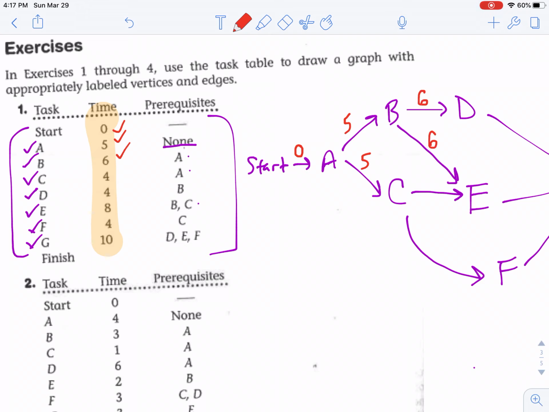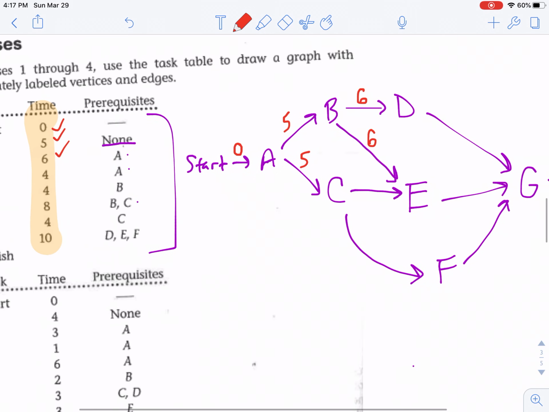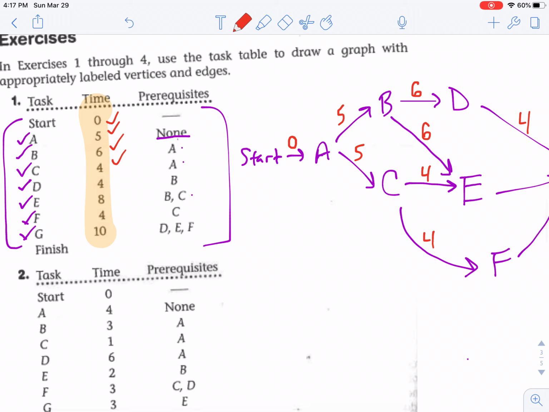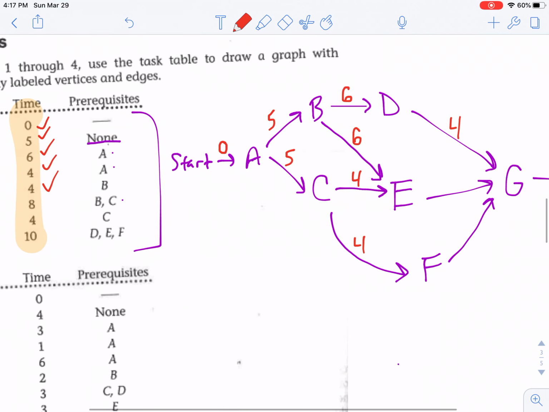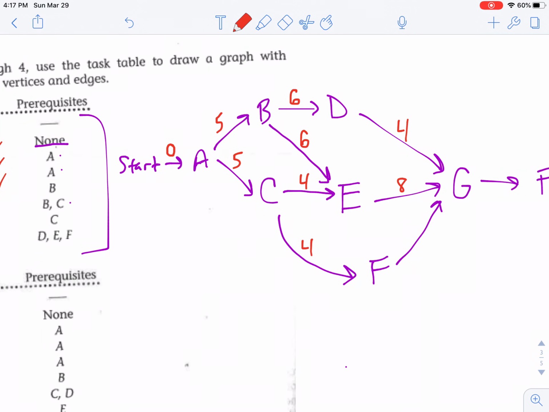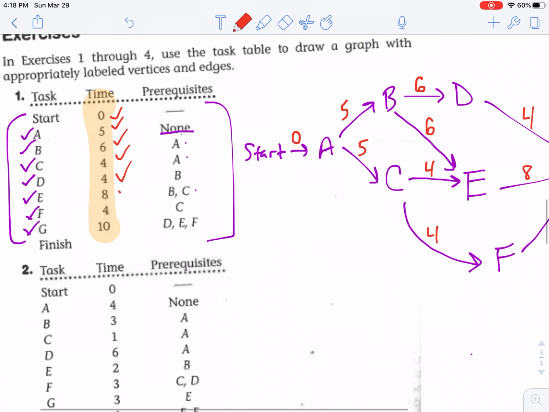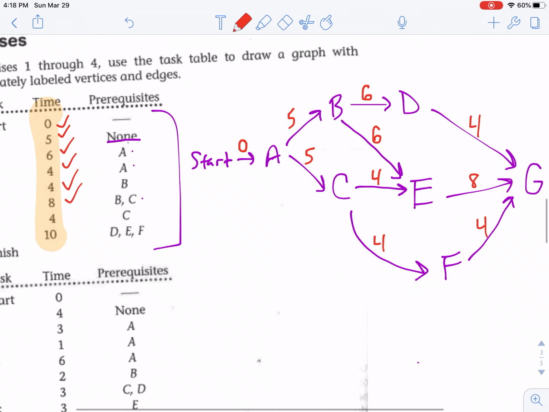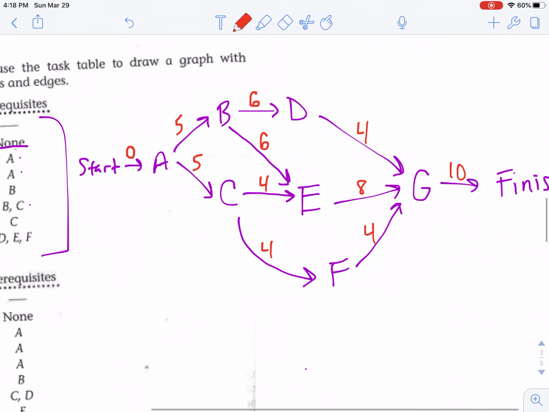Task C and D are both 4. So any arrows coming out of C or out of D, you put a 4. Task E takes 8 units of time, so task E's arrow will get an 8. Task F is 4, so task F's arrow will get a 4. And then finally, task G is a 10, so the final arrow is 10. And that's how you do